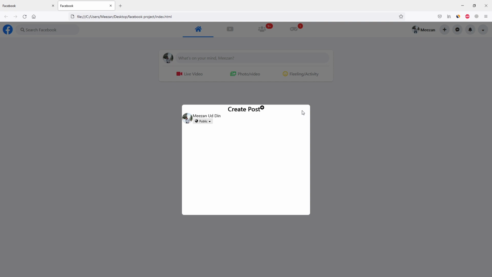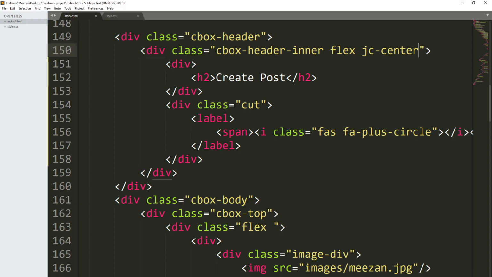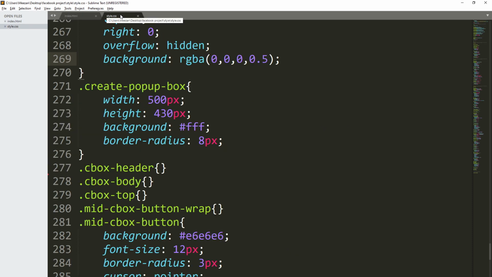But we want this icon to be in the right position. For this we are going to make this cut position absolute, but first we need to add a position relative property to this CBox header inner. So open up the CSS file. When we scroll down